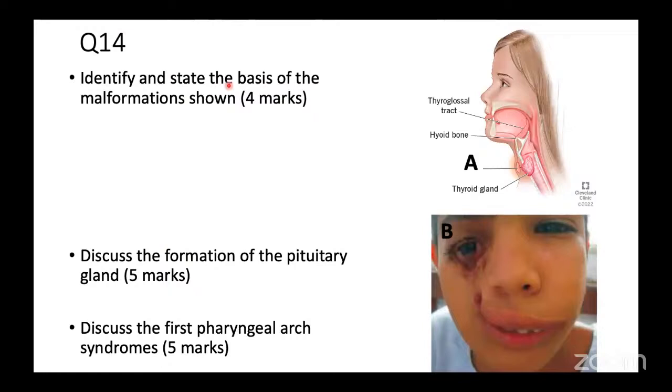All right, question 14, identify and state the basis of the malformation shown. Part B, discuss the formation of the pituitary gland. And part C, describe the first pharyngeal arch syndromes. I'll give you